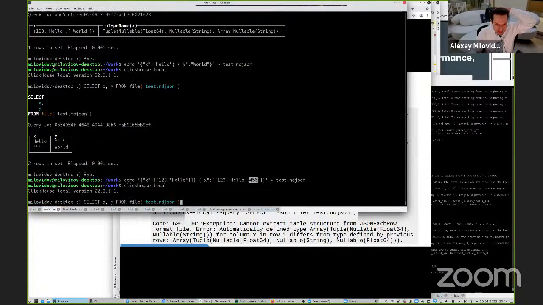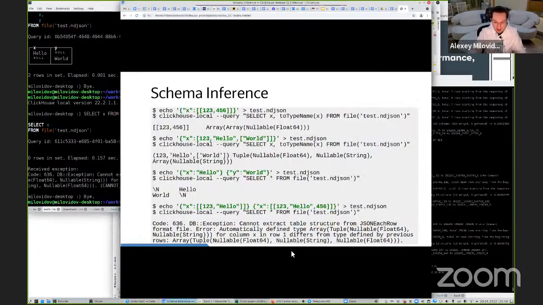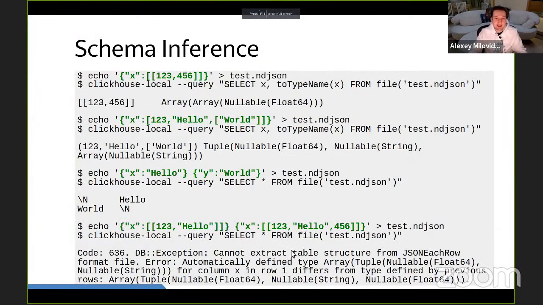And if I try this query, what will happen? It will just show you an error that the type cannot be inferred because it is different in different records. Okay, this is how type inference works for JSON.